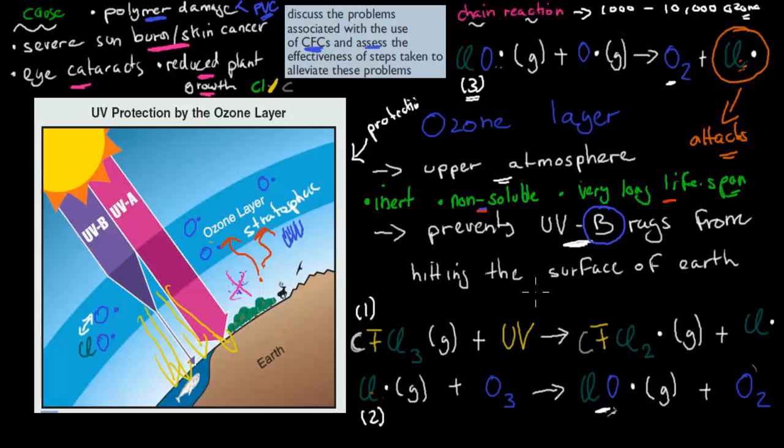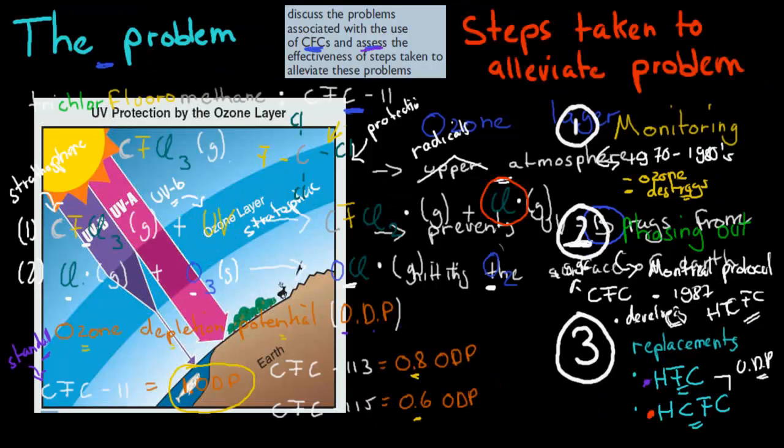And that's also a massive problem, because now these three problems have meant that any CFCs we've used, even if we only use a small amount, that means they're going to get into our stratosphere eventually, and they're going to stay there for a long time. So even though we've basically stopped using CFCs completely, we still have a problem, because they're going to stay there for a while. Even the ones we've used 20 years ago are going to cause problems for some time to come, right? So when it says assess the effectiveness of steps taken to alleviate these problems, we have been quite effective at phasing it out,